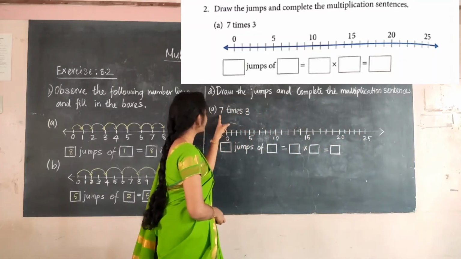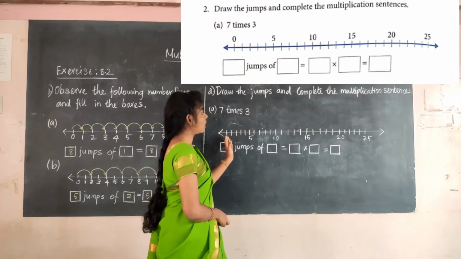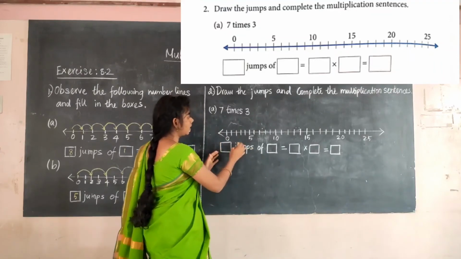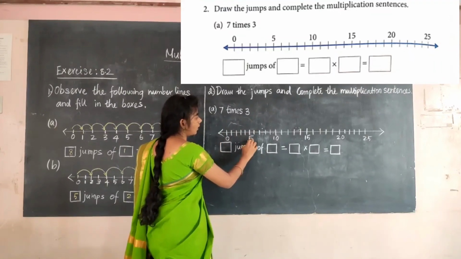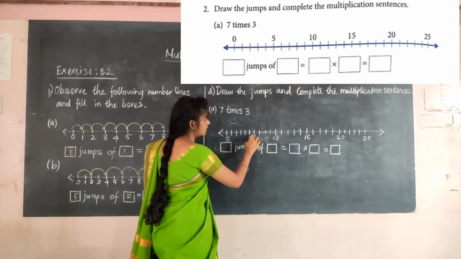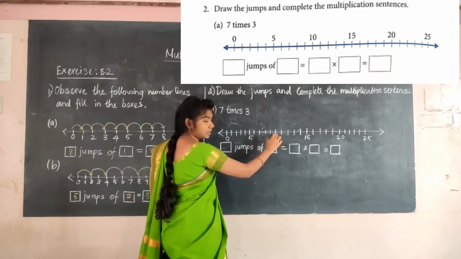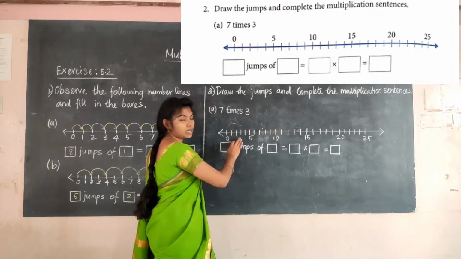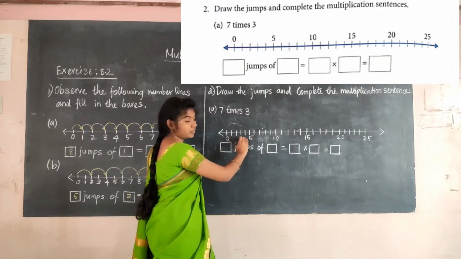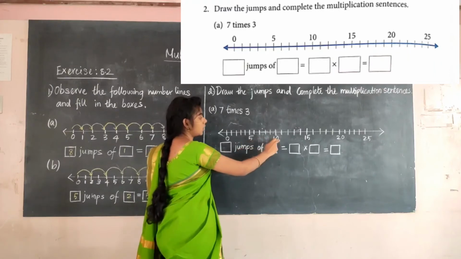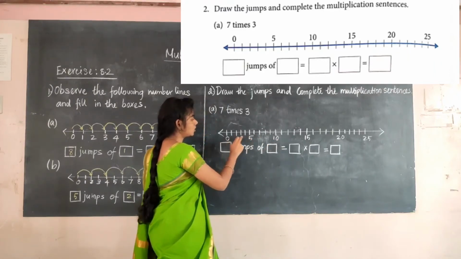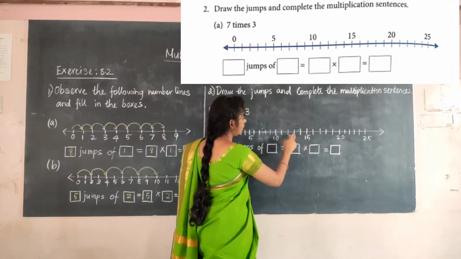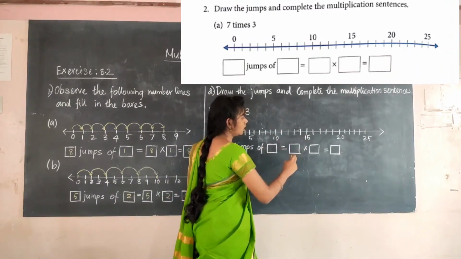So here the number is 7 times 3. To draw the number line, if we need more numbers, we have to write like this only. We can write 0 after 5, and leave a gap between. This is 6, 7, 8, 9, and here 10. So if we have more numbers, we can write like this. We need not write the in-between numbers. Like this we can mention any of them. After 5 I have written 0, and here 6, 7, 8, 9, 10, and after 10 comes 15, with 11, 12, 13, 14 in between.